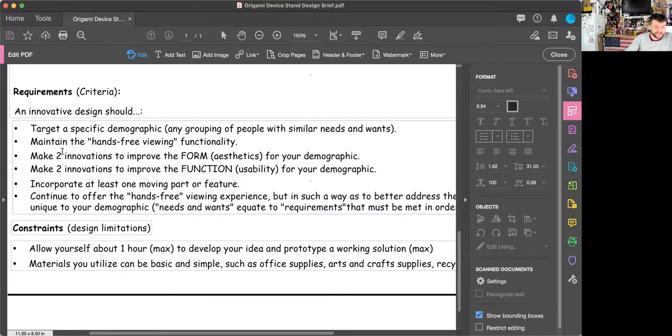You're going to maintain the hands-free viewing functionality. So if you want to get rid of this thing, you could start fresh with the time that you have. You may just keep this and build off this, cut this up, add things to it, wherever you like, put things around. There's no constraints here about how big or how small or anything like that. So it's pretty open. But